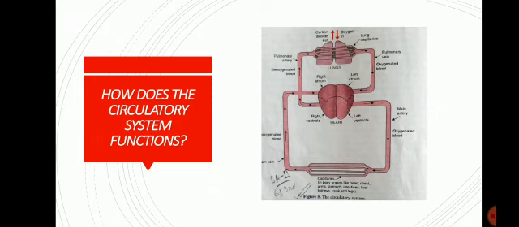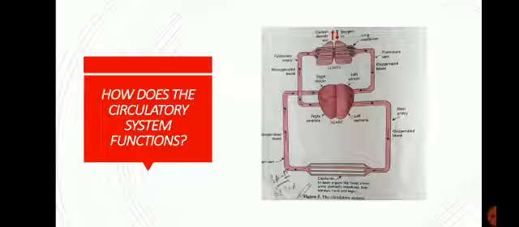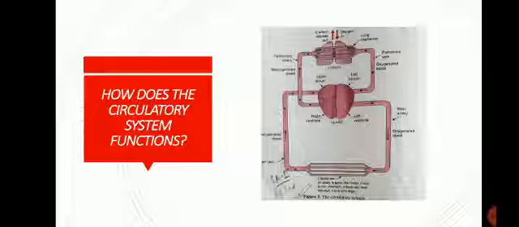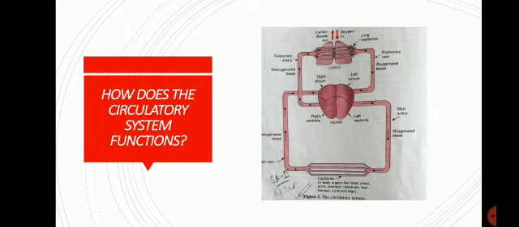Now that deoxygenated blood, which is rich in carbon dioxide, coming from different body organs, enters from the capillaries first into the smaller veins, and then it enters into the main vein. Main vein means the vena cava, right? Now this main vein carries the deoxygenated blood into the right atrium. Okay, it enters into the right atrium. Now the right atrium contracts.